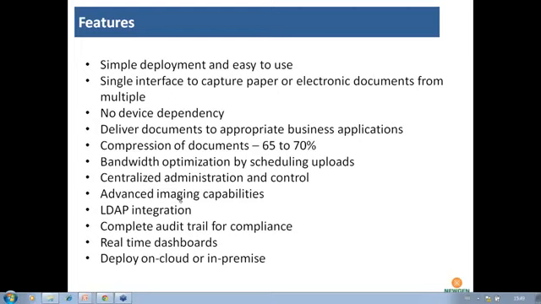What are the industries in which this solution is most relevant? See, though documents play an important part in all corporates, it is more relevant where documents play a very important part in customer acquisition or customer servicing, which is BFSI and telecom, per se. Manufacturing is also concerned about documents, but BFSI and telecom are the sectors where this solution is more relevant.